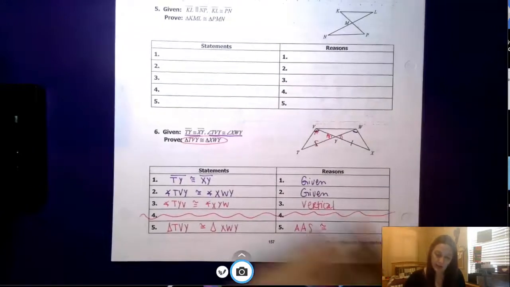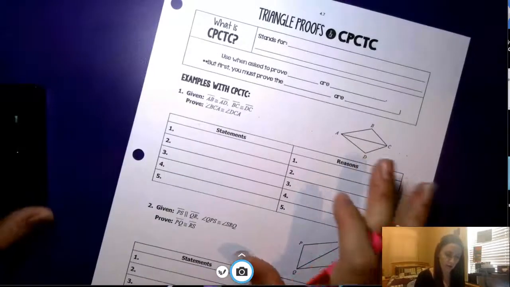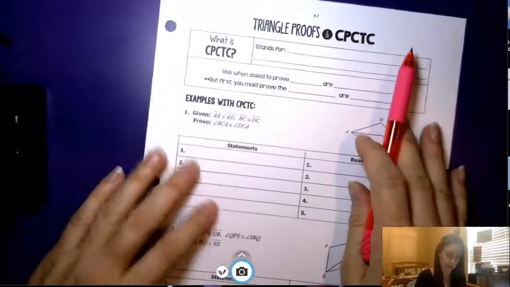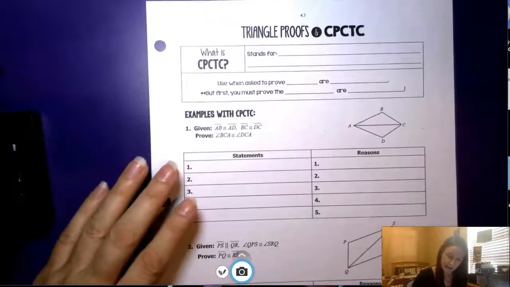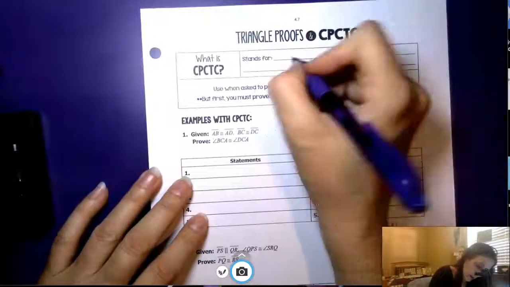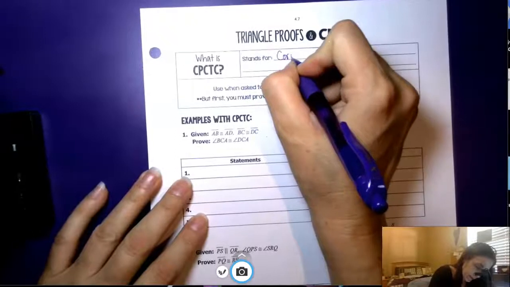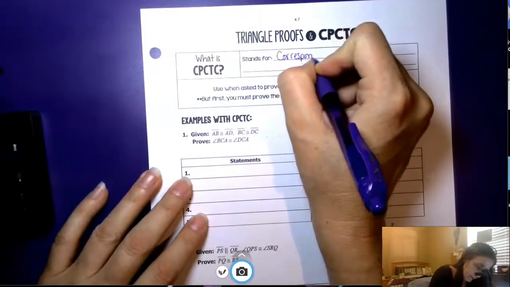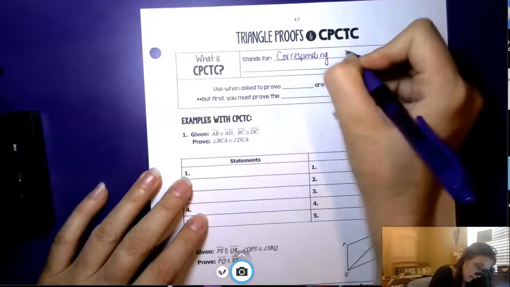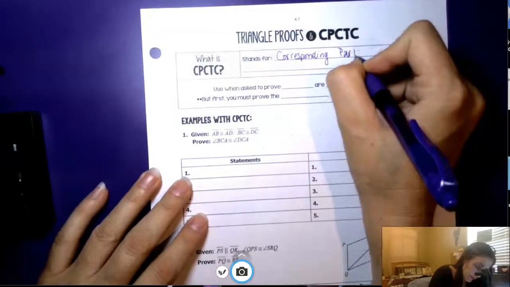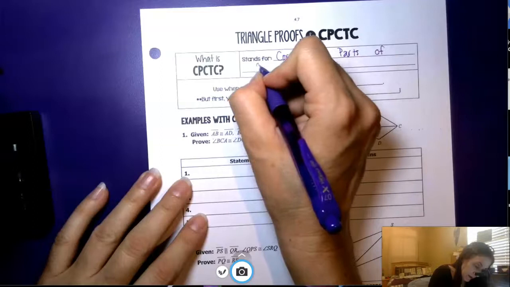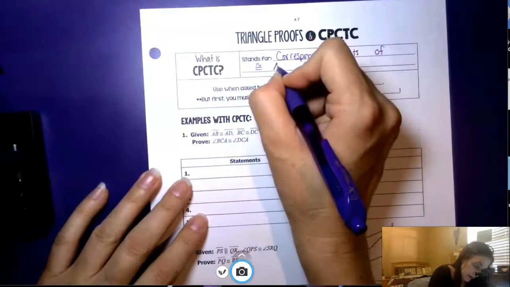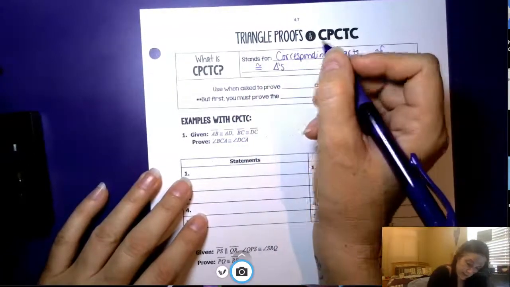Okay, going to the next page. I don't know that we've done these yet. Triangle proofs and CPCTC. Now CPCTC stands for corresponding parts of congruent triangles